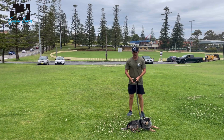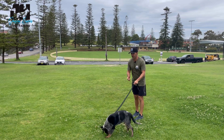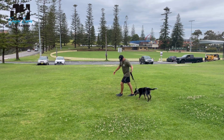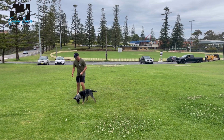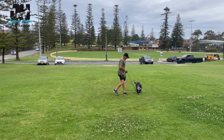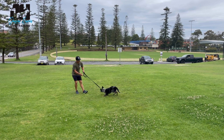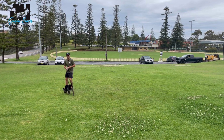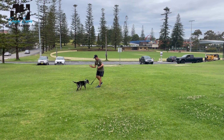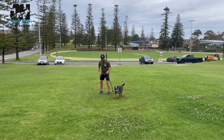So all I'm going to do from here is, what people do wrong is they go, oh, the dog's on the ground, I can't do it. The same session I just showed you with the pressure and release is what we do with the halti. So I'm going to do this. Any effort he comes, I let it loose. Not really doing a lot of pulling yet, just teaching him. When he gets up, come. Pressure off, straight away. So he learns, how do I make this thing feel better? I go with them. But if I keep the pressure on,